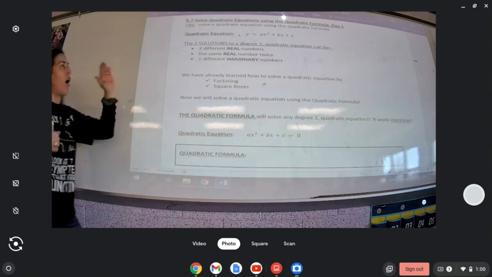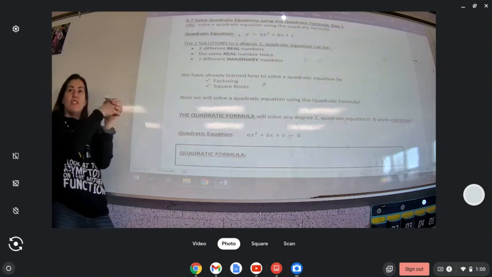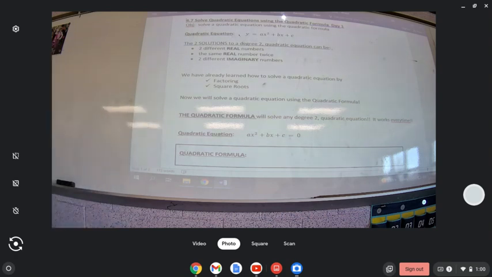All right, here we go. So we are jumping to section 7. This is going to be the third and final way that I teach you how to solve a quadratic equation. Guys, when we were solving linear degree 1 equations, they were so simple. There was only one way to solve them. You get x on one side of the equal sign, you get numbers on the other. Degree 2 equations are more complicated, so it would make sense that there's more than one way to go about